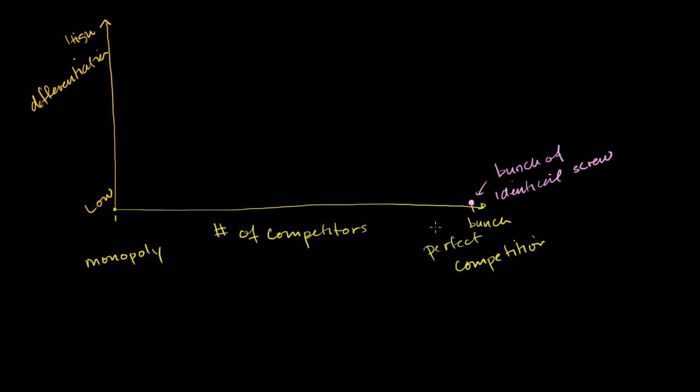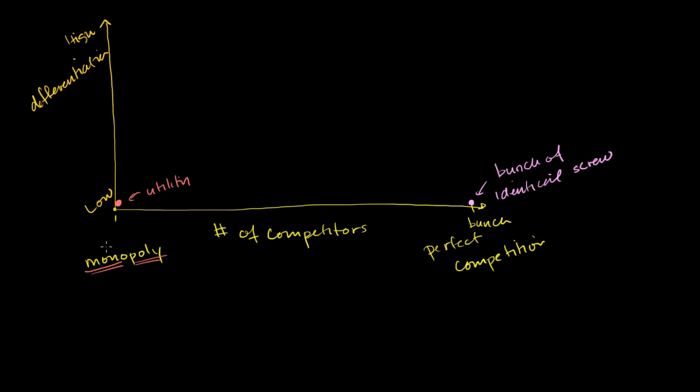In the other spectrum, you imagine your utilities. In most places, in especially the US, but probably the world, there's only one utility. There's only one entity that's managing the power lines. A lot of times, because of that, it's actually run by the government. But in most of the US, it's a regulated private company. And so here you have one player, and you can debate whether it's low differentiation or so high differentiation that it's the only player. But let's just stick it right over there, low differentiation. This right over here might be a utility. And that's about as close to a monopoly, or that actually is a monopoly. They are the only player there. Mono comes from one. Poly comes from seller, one seller. That would be a utility.